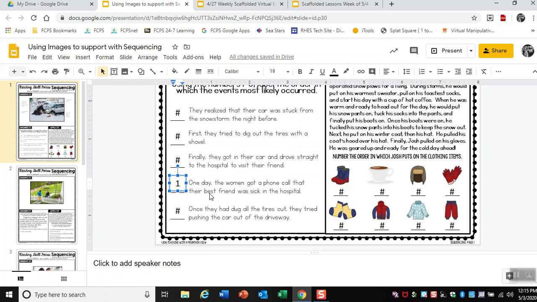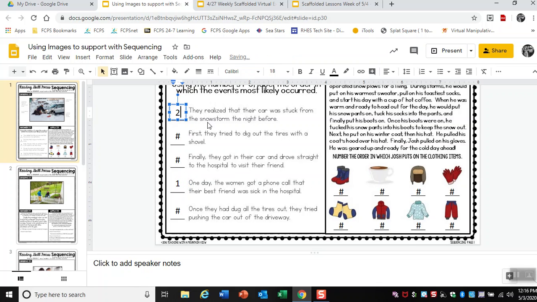Then we have to see what would have happened next. So when thinking about what would have happened next, let's see here. We have they realized their car was stuck from the snowstorm the night before. First, they tried to dig out their tires with the shovel. Finally, they got in their car and drove it straight to the hospital. Or once they had dug out their tires, they tried pushing the car out of the driveway. So I think what happened was first they got the phone call, then they went outside